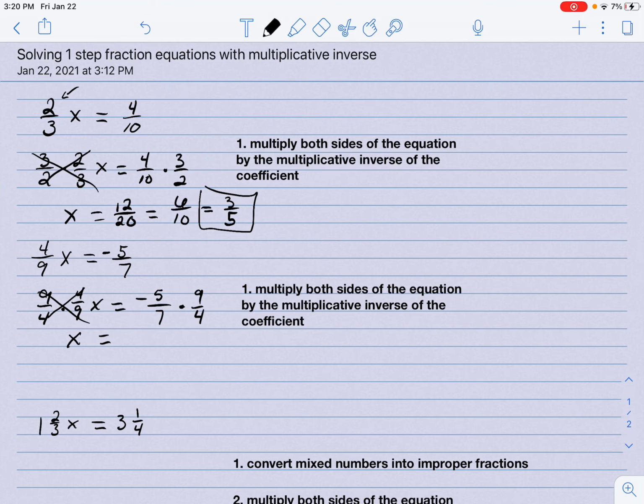And then on the right-hand side, we've got a negative 5 times 9, which equals a negative 45. And then 7 times 4 is going to give us 28. Okay, so here we've got to simplify this or write as a mixed number. So 28 on the outside, numerator on the inside. So 28 can go into 45